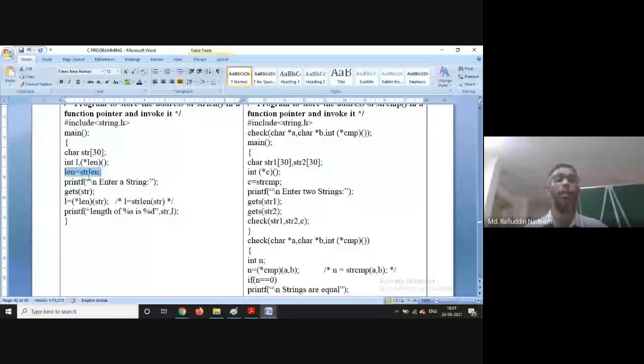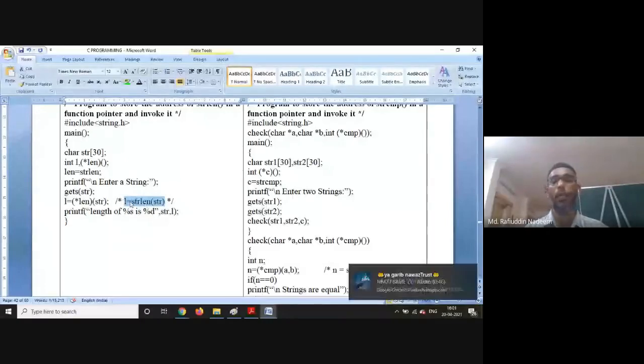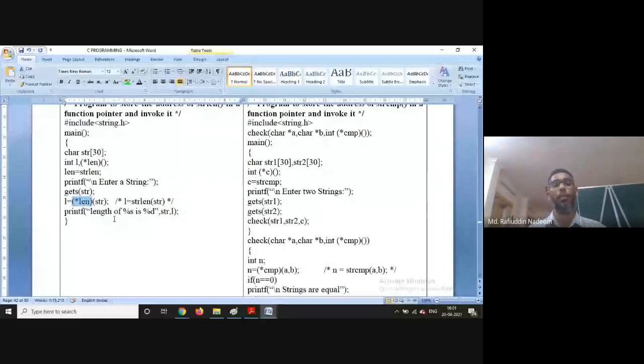Now, after entering the string in these two statements, instead of writing l equals strlen of str, because the address of strlen is stored in len, I can say star len of str. Because len contains the address of strlen, you can invoke the strlen function using the new name, and then you can display the length of the string.